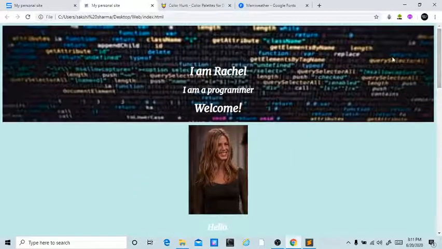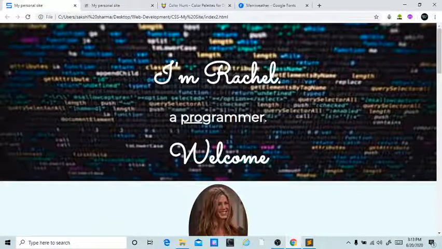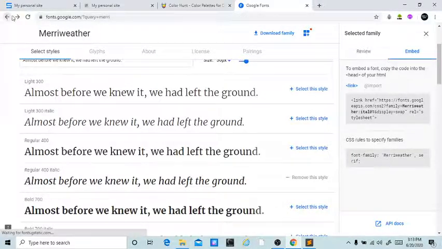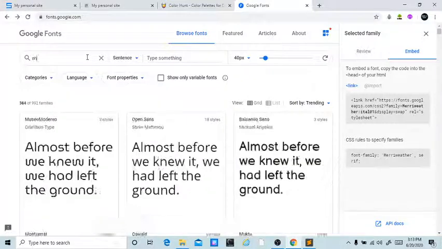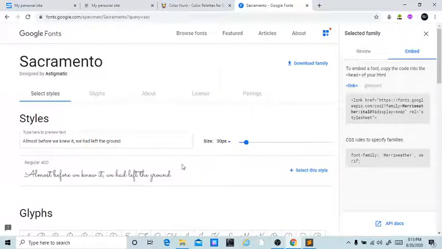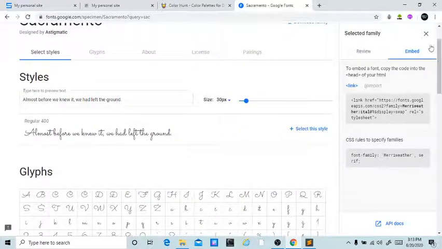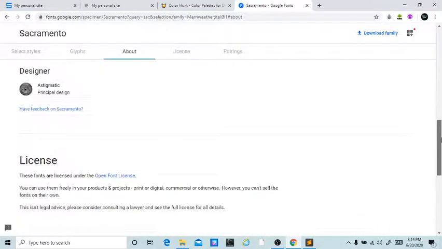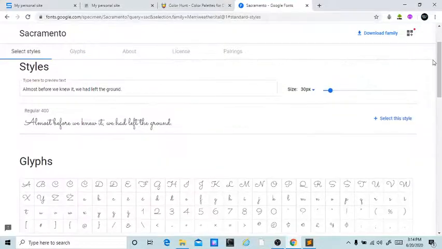But I want to change the font of the top container. You can see in this website we have a different font and it's looking really attractive, it's cursive. So let's search for this font in Google Fonts. It's all your choice, but I'm just telling you the way you can do this. In a similar way to what we did before with Merriweather, we have to do with this. We'll select the style. There is only one style available and we want this style to be implemented.